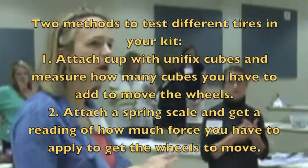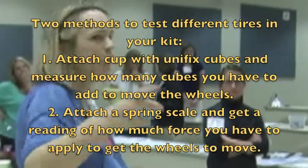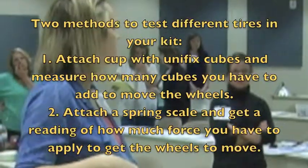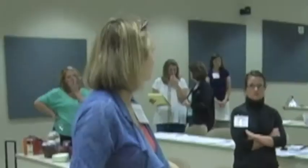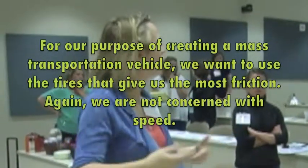most friction, because you want to have enough friction to grip the floor to pull that bucket, or else it will spin out. You'll shine the light on and those back wheels will just start spinning and they won't go anywhere,